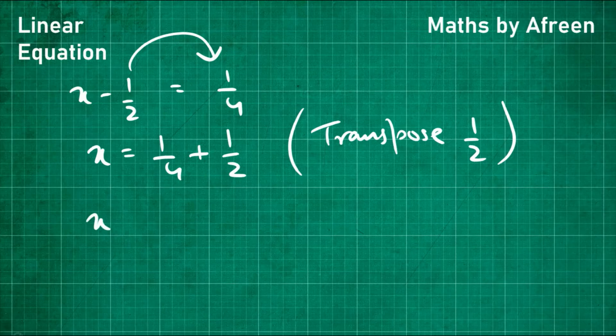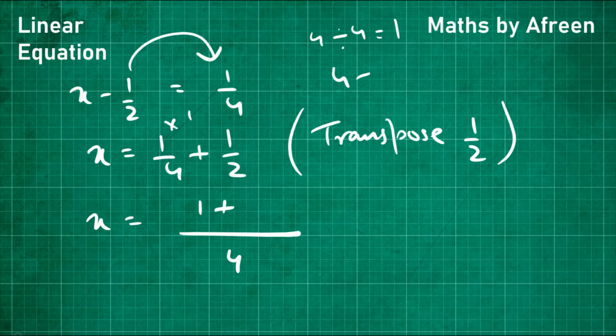Now we will add this. How will we add this? We will take the LCM of 4 and 2, which is 4. So LCM divided by the denominator of the first fraction gives 1. We multiply that 1 by the numerator of the first fraction, so 1 into 1 will be 1. Same we will do with the second fraction: 4 divided by 2, that is LCM divided by the denominator of the second fraction, gives 2, and we multiply the numerator by 2. So 1 into 2 will be 2. That means we will get 3 by 4.